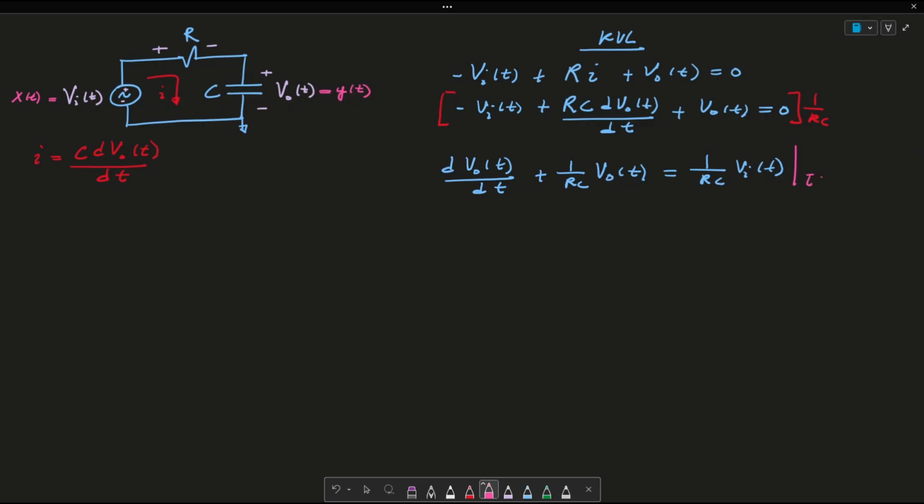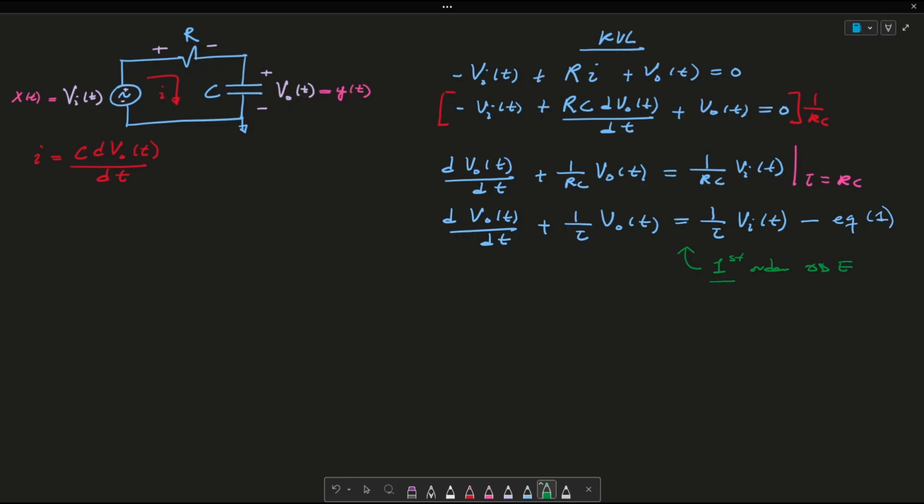If we let tau equal RC, then this equation becomes dVout(t)/dt plus 1 over tau Vout(t) equals 1 over tau Vi(t). Let me call this equation 1. If you remember from differential equations, this is a first order original differential equation. And just to be explicit, as a refresher so we're all on the same page,